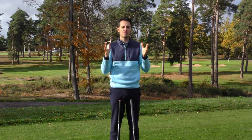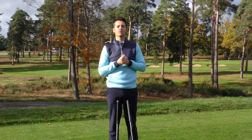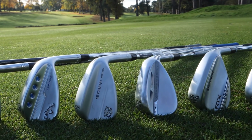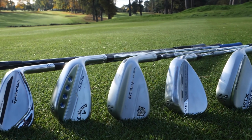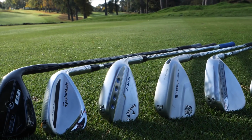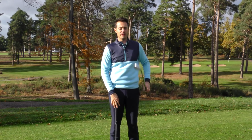Right, so now it's time to pick my overall favourite wedge of 2020 and beyond. It's important to note that when choosing a set of wedges, you need to feel comfortable that they are able to pull off the shots that you like to play around the greens. And as I mentioned before, the level of options in terms of the soles and the lofts and the finishes available is going to allow you to do that. And there was really one standout winner in terms of the best wedges of 2020, and it is the Vokey